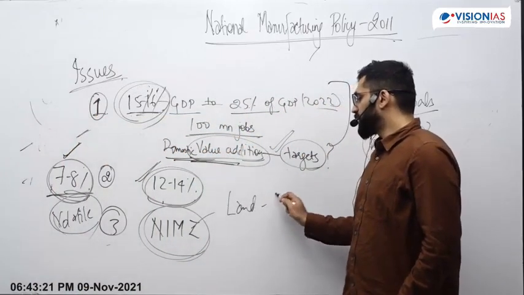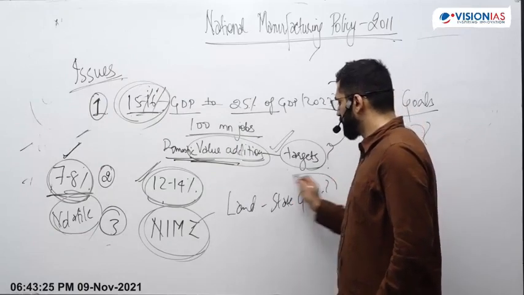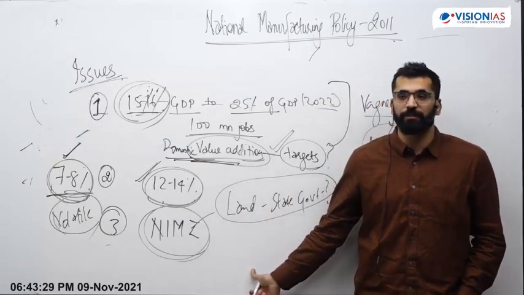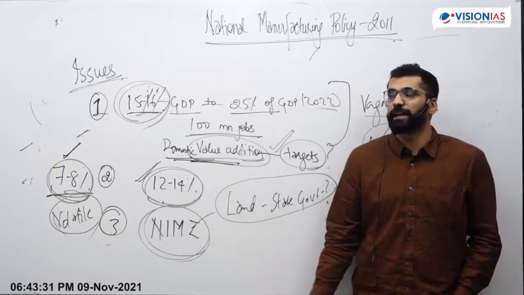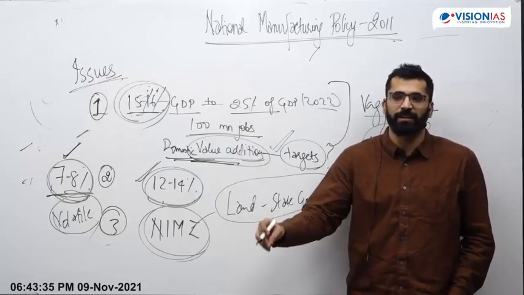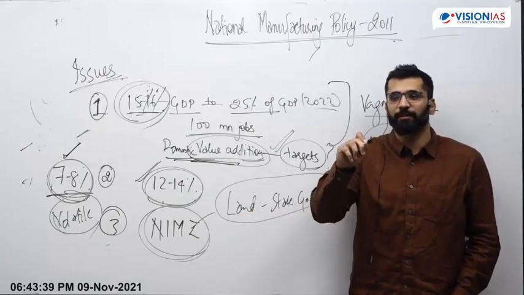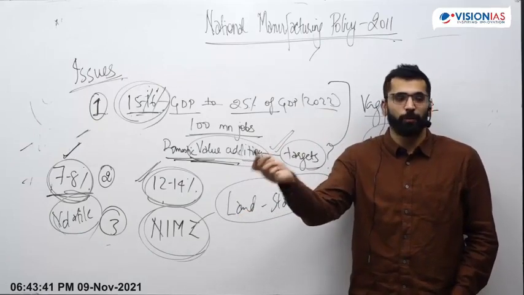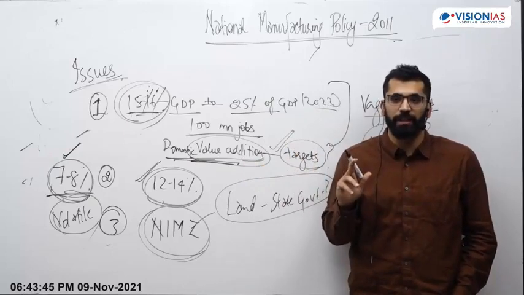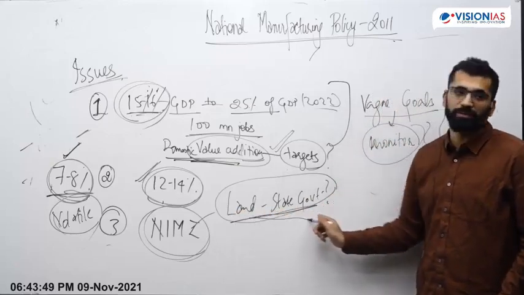Land, this is the responsibility of the state government. Which all states will be able to acquire land? Which all have the capacity? And this is 2011, the land acquisition process is not very smooth. In fact, we saw the land acquisition act that came in 2013, which tried to, but it tilted the balance in favor of the ones who were giving away the land. The 2013 act was not in favor of industries. So this is a very big responsibility you are giving to the state